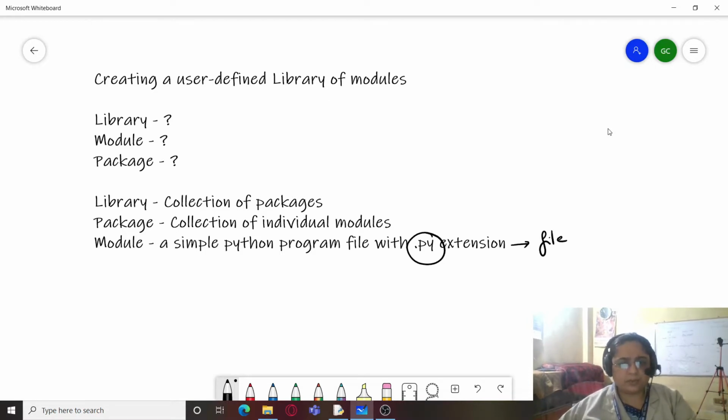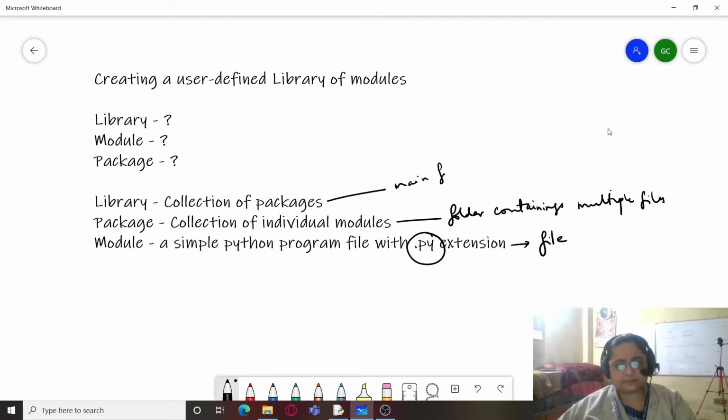Now you know that a folder can contain multiple files. So package is a folder which contains multiple files. And a library is a main folder containing subfolders where each subfolder is a package.